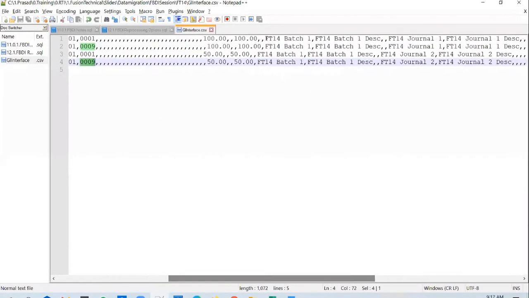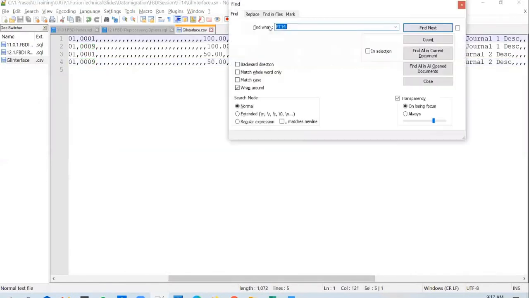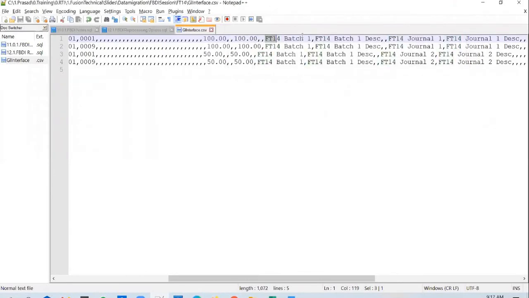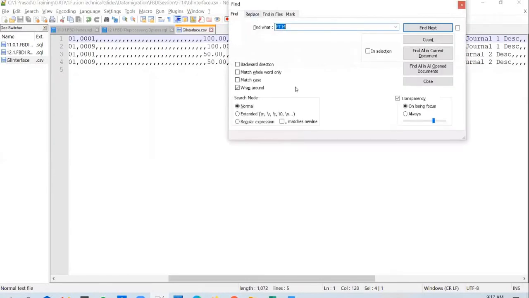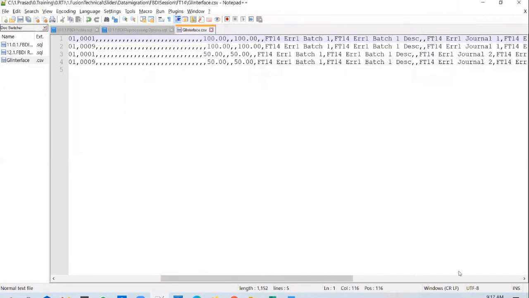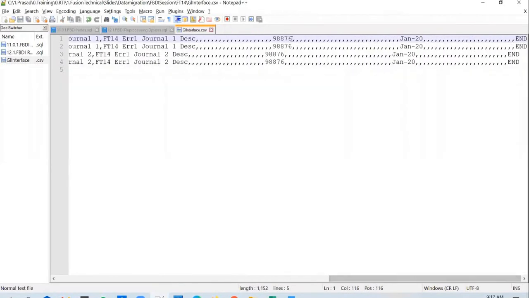Before I load in this file, I'll just change this FT14. I'll just change the batch name and header name. FD14 error 1, replace all. And I will also change this number to 77 98877.